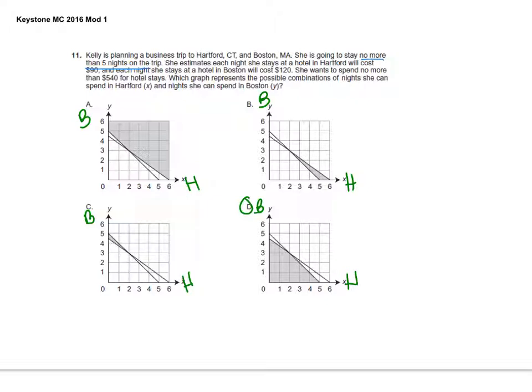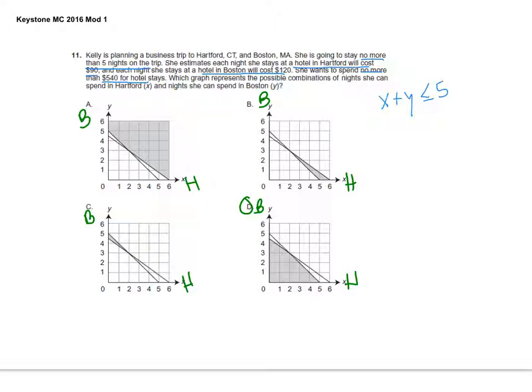They tell you that a hotel in Hartford will cost $90 and a hotel in Boston is $120 a night. And she wants to spend no more than $540 for hotel stays. So really, this is a system. They don't tell you what the system is. I mean, you can write it if you want to,